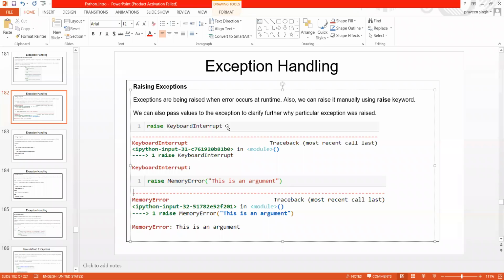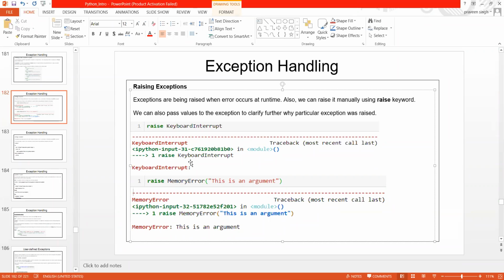Here I haven't passed any argument. Here I am going to pass one argument, so in front of my exception name I get the message I wanted to print. This is how we can raise an exception.